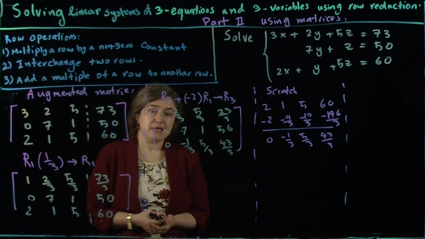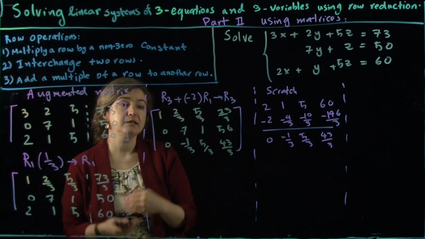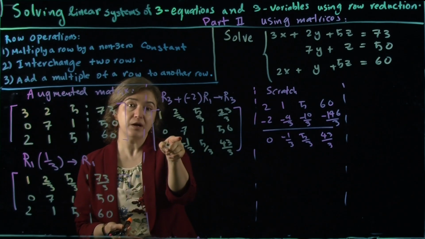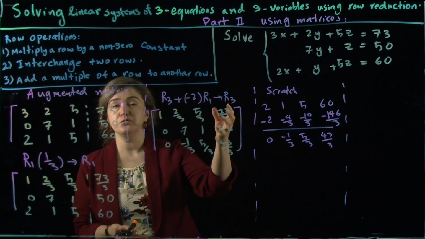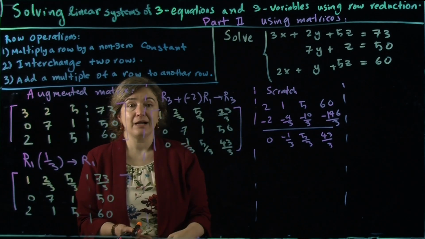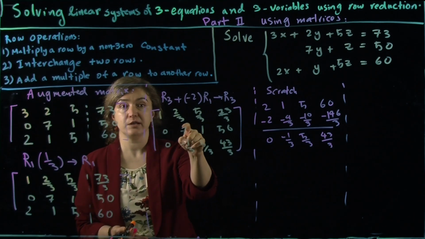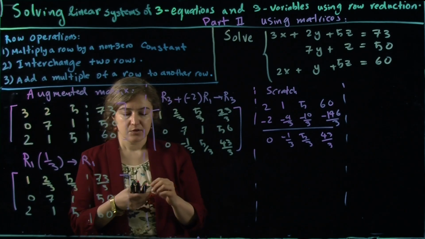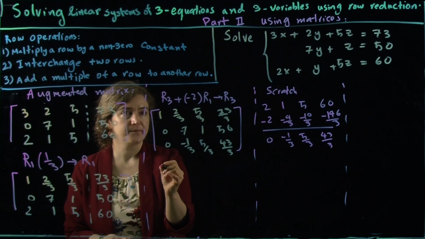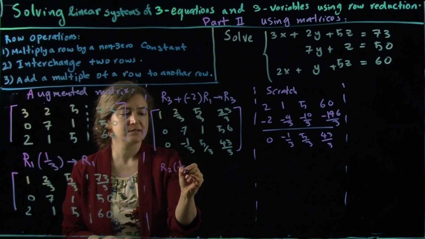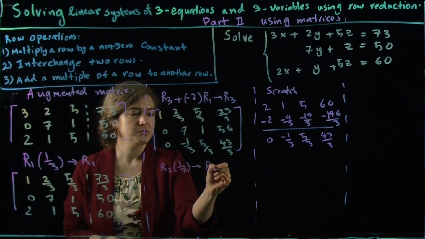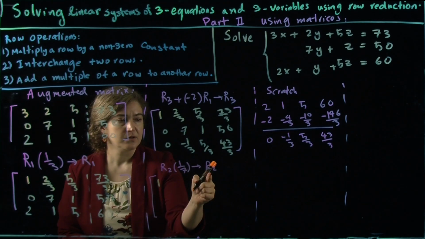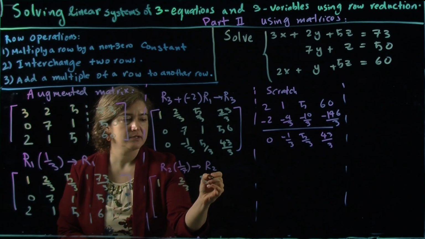The next step, now that I have a leading one with zeros underneath it, is to create another leading one. I'm lucky enough that this was just indented, so I'll take row 2 and divide by the leading coefficient in there, and I create a leading one right there because it's already indented. So row 2 times 1/7 goes to row 2, and the matrix will look like this. Row 2 is the only one changing, so I rewrite